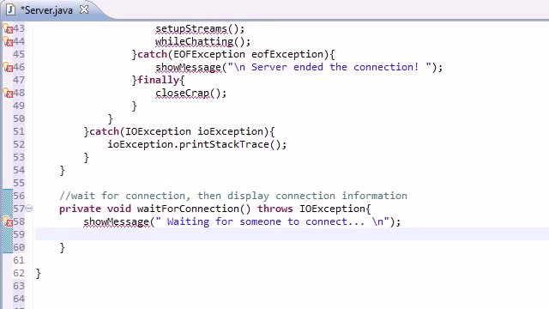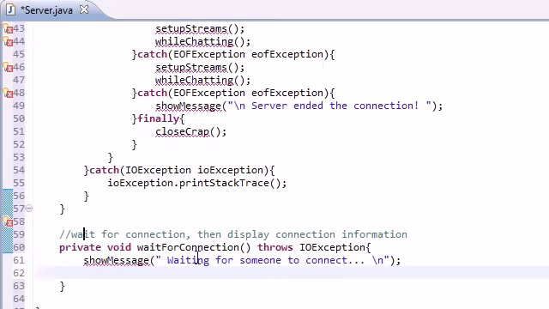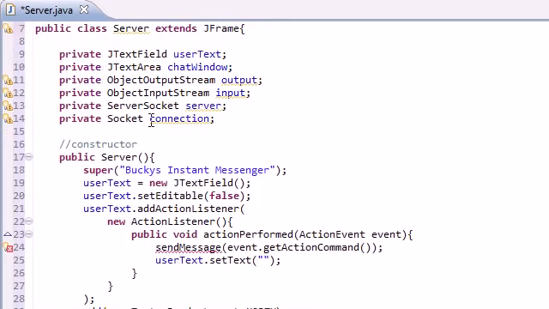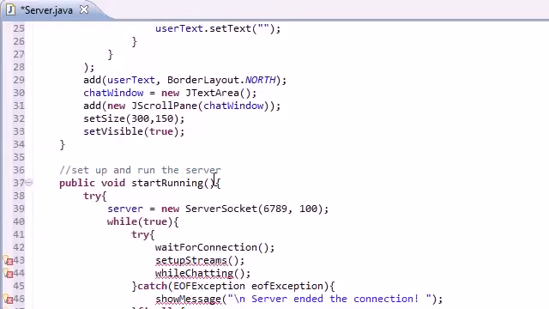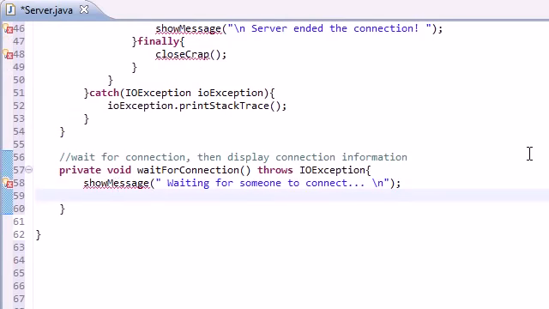So the next thing we need to do is set up this socket. Now remember, the socket is the connection between you and another computer, and we name this variable connection. Now let's go ahead and actually create this variable connection. Set this equal to